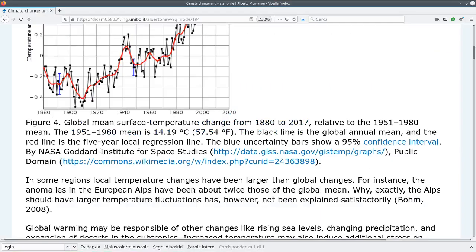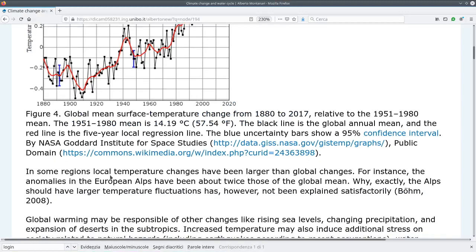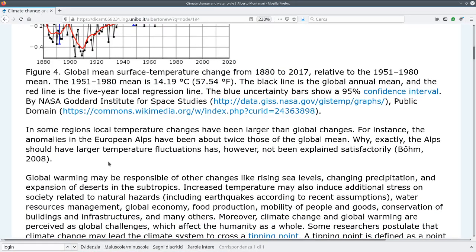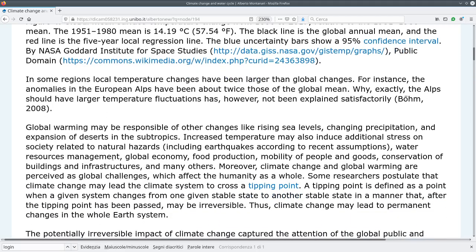Okay, now let me go back to climate. It's here. So, as I said, there are other consequences besides global warming of the increase of the concentration of greenhouse gases, because warming in turn induces impacts on the hydrological cycle. The first impact is that according to the Clausius-Clapeyron equation, we expect that the moisture content in the atmosphere increases